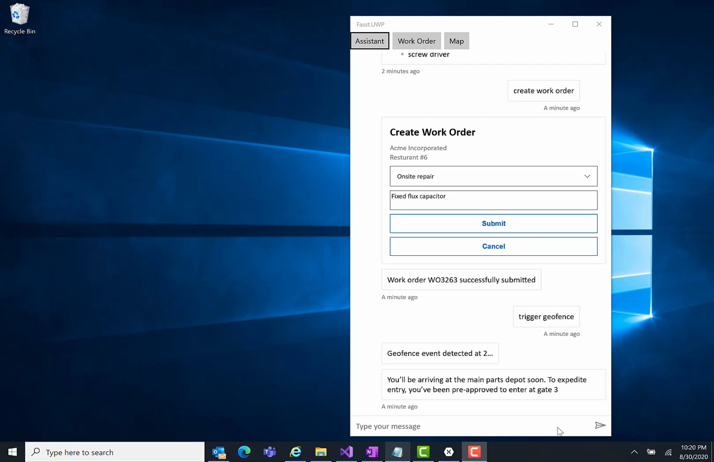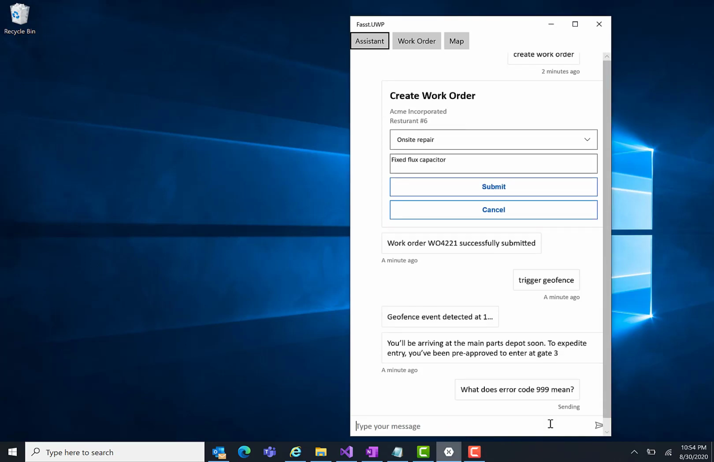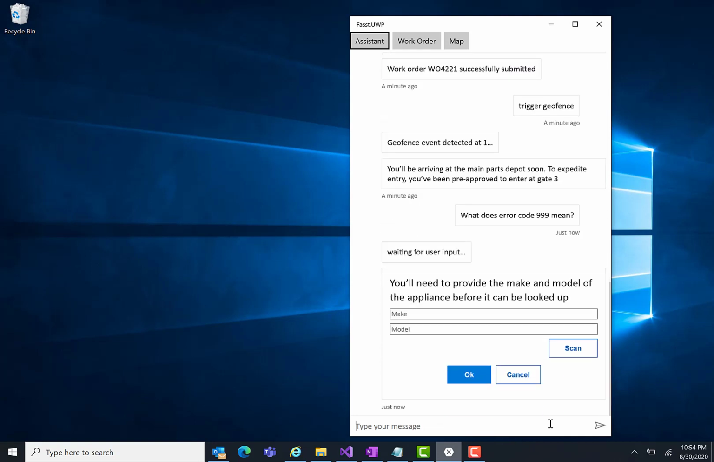Since I'm new, I don't know what the error code means, and I'm not exactly sure where to go to find the answer, but I have been having good luck using this conversational app, so I decided to throw caution to the wind and just ask it. Now at this point, we're in the first step of what's called a dialogue,